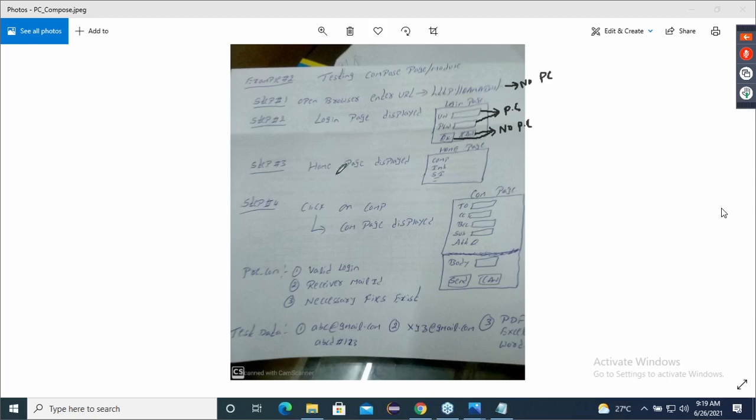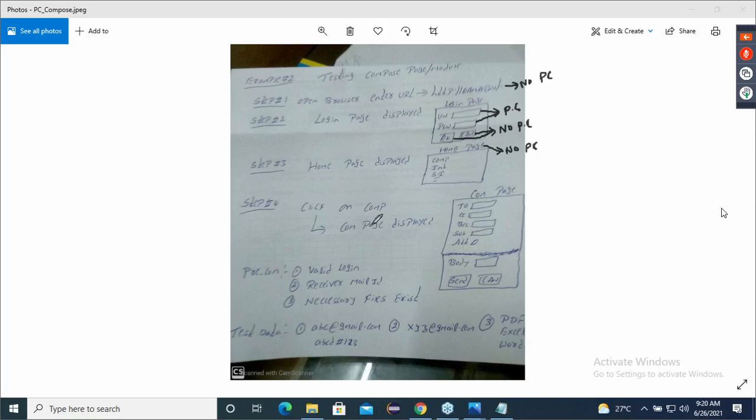Next, I reached the home page. Is the home page a precondition? In the home page, compose should be there, inbox should be there, sent items should be there, many modules should be there. But the home page is not a precondition because pages are developed by whom? Correct, it's not a precondition because pages are developed by the developers. Now, as I said, I am testing the compose module. Click on compose. The compose page must be displayed. Is it a precondition? That is also not a precondition.